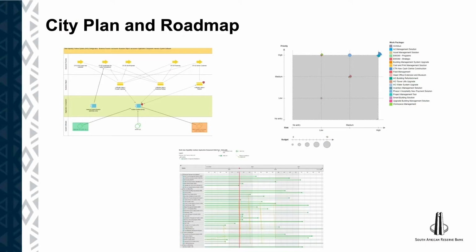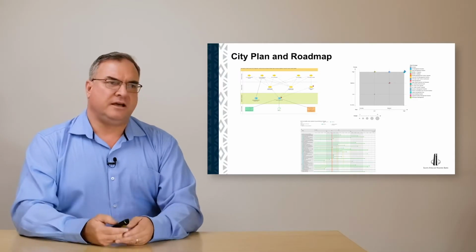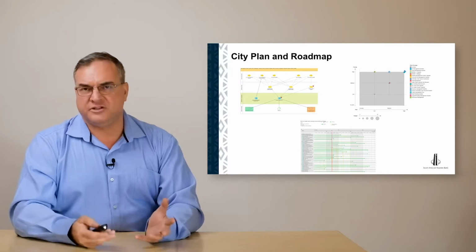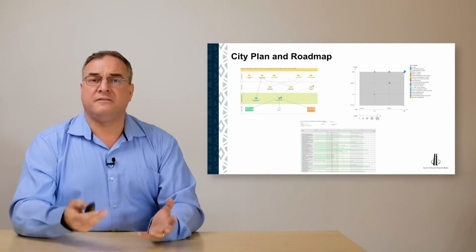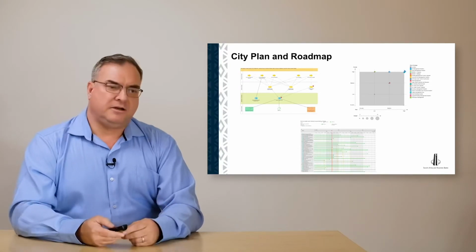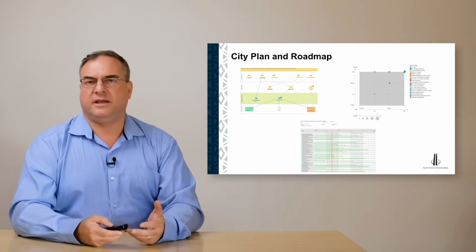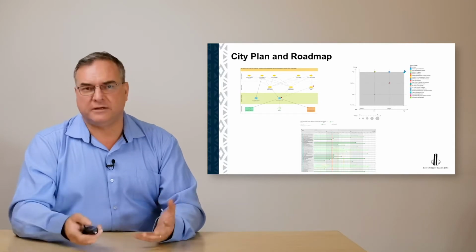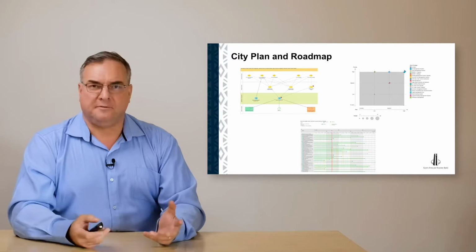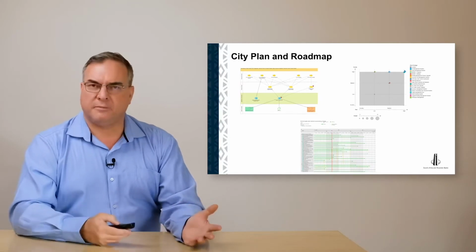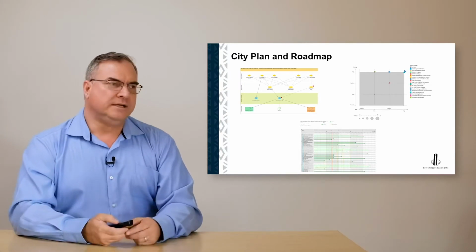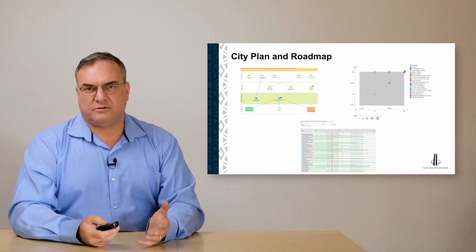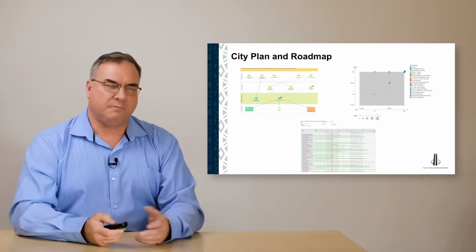The city plan itself, really the landscape of the baseline and the target, the assessment of the application and technology portfolios that we have, and then the roadmap and the life cycles for change. We capture these and maintain it. It's an ever evolving landscape, so you're never quite done. This is the core of what enterprise architects do. This is what solution architects contribute to and is the primary set of output, leveraging all of the other components.